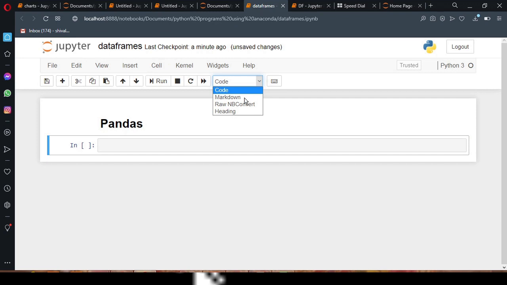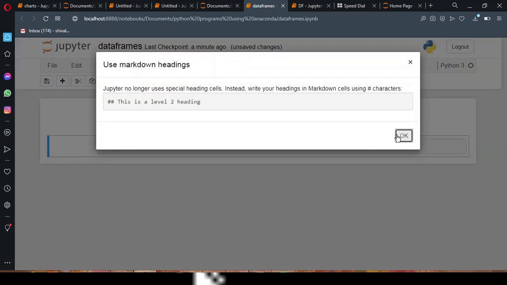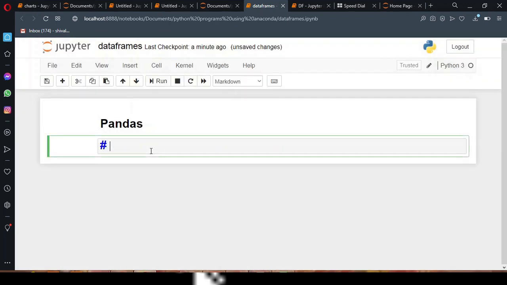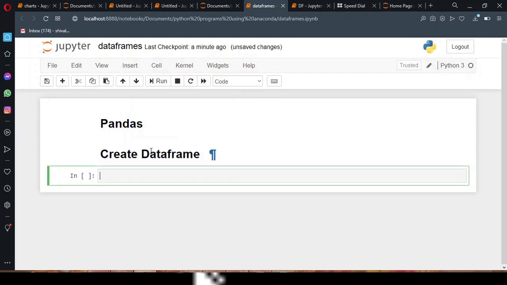So I am clicking on heading, and then this is heading 2. I am going to write create data frame. Shift and enter. Now the first way which I am going to use to create the data frame is by list. So this is through list.